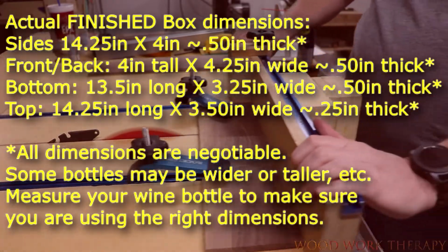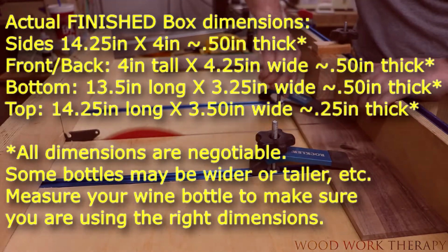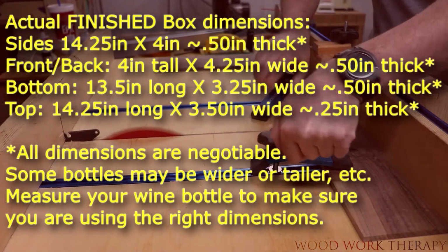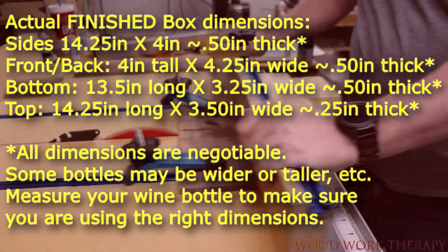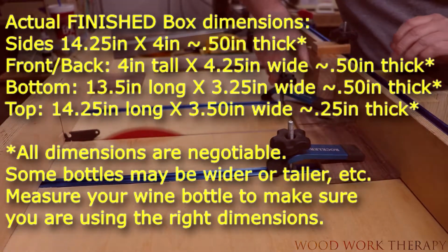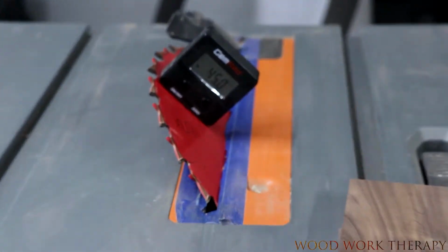As you can see on your screen, we have all the dimensions for the wine box up here. You don't have to write these down if you're going to go see the main video, but ultimately those are the dimensions that you want to cut down your boards to. Now once you've done all this, then we're going to go ahead and move on and put